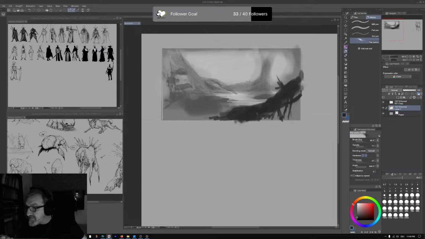Oh yeah, trees coming out of the water. And moss. Yeah, so we will have some moss and